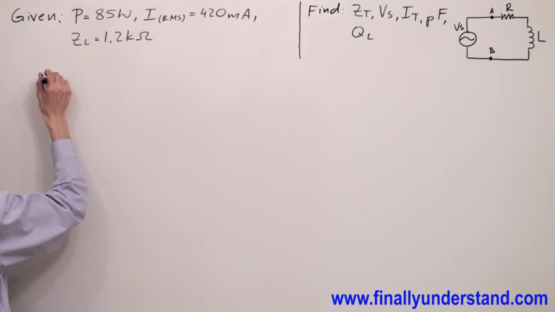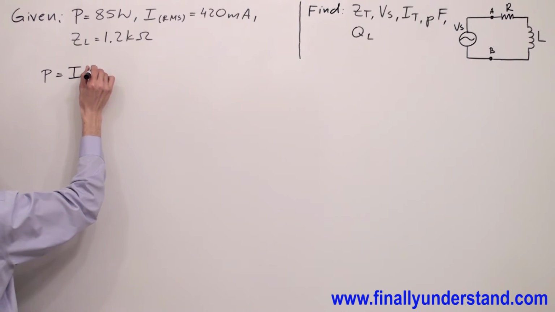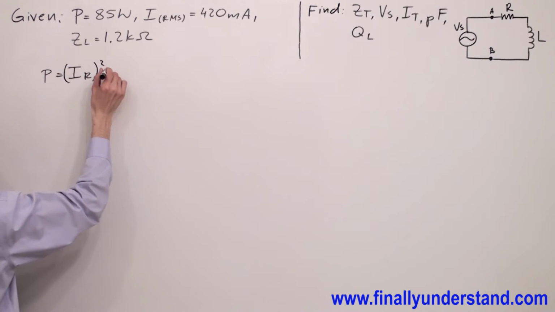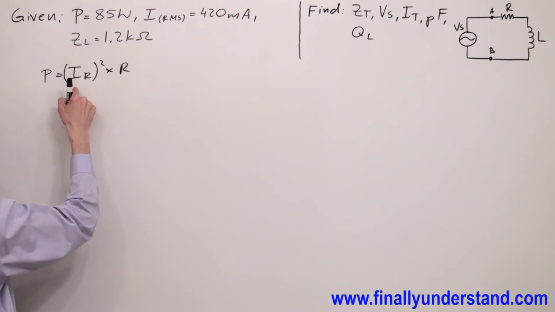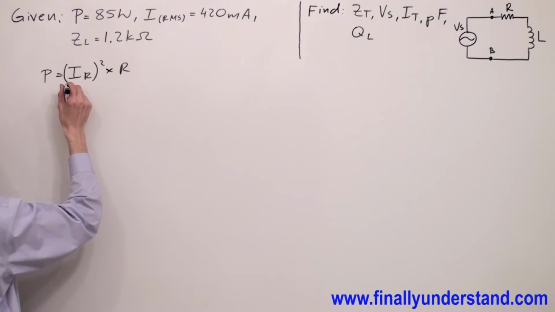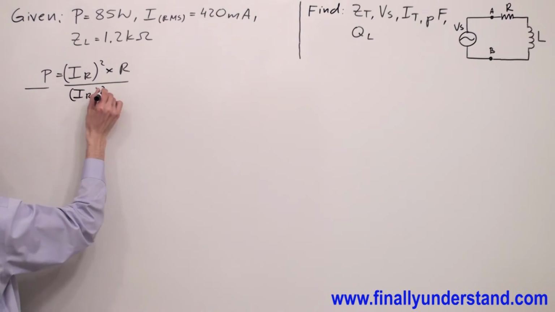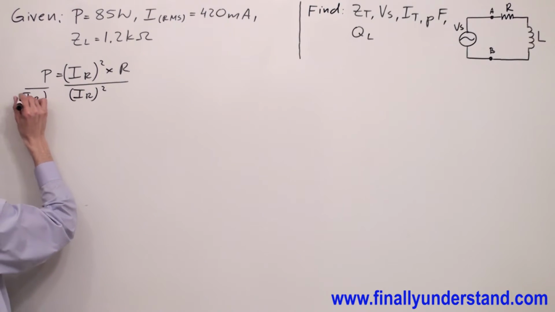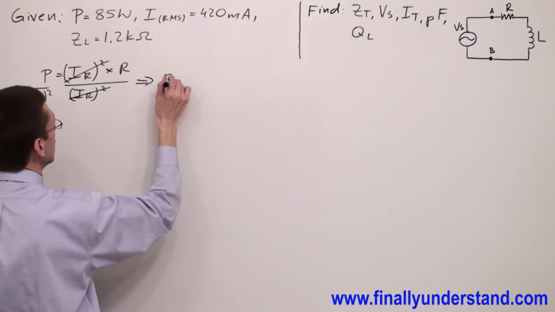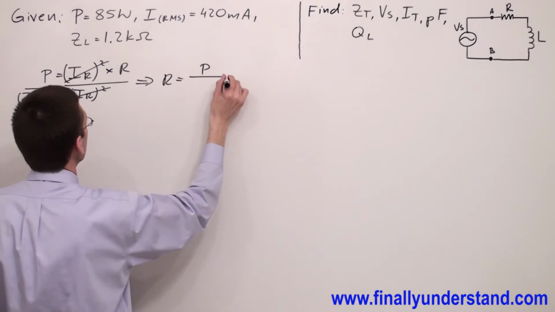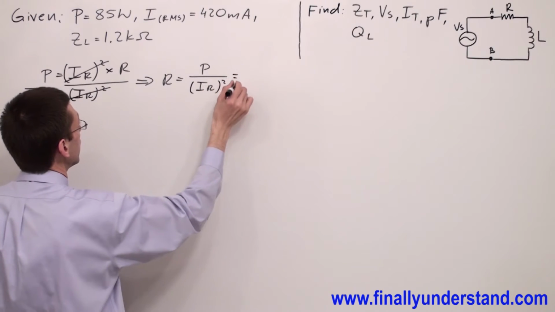We have a formula for power which says power is equal to I_R square times resistance. I'm looking for resistance. Power is given, current is given, so I can find resistance very easily. Divide this formula by I_R square. So I'm going to obtain resistance is equal to power over I_R to the second power,